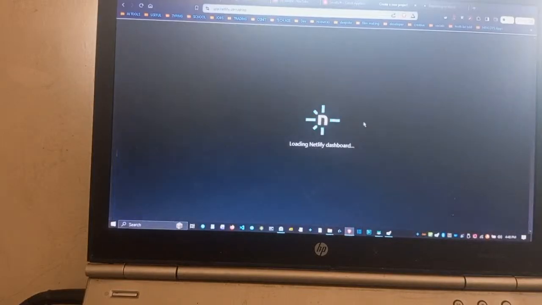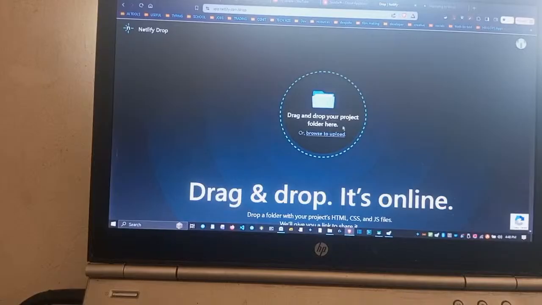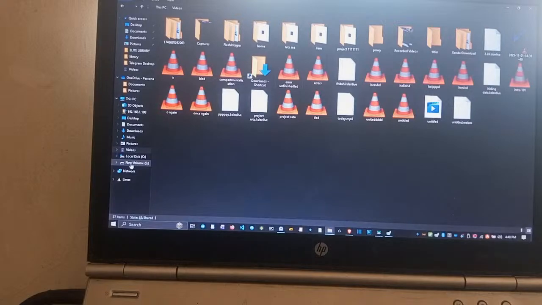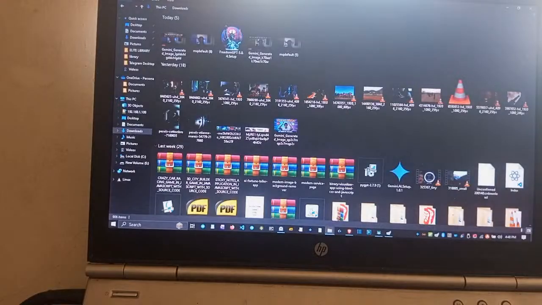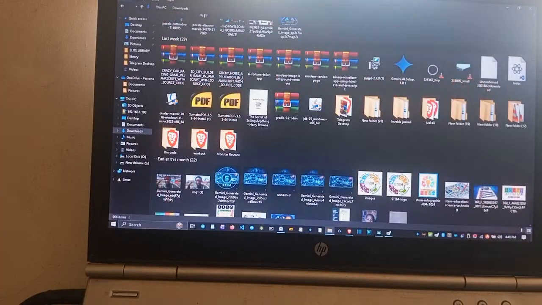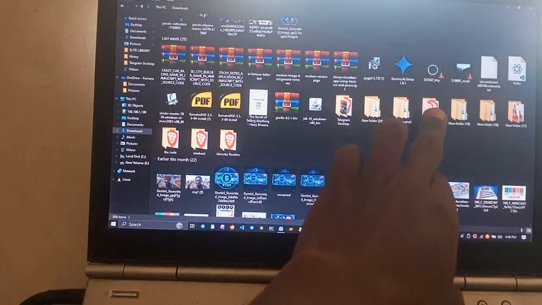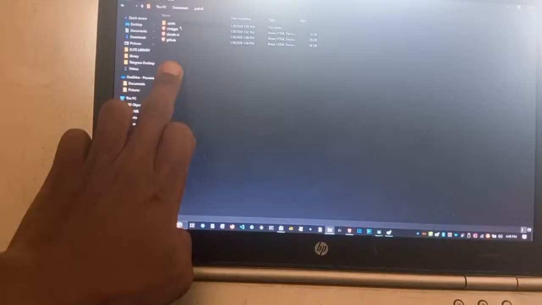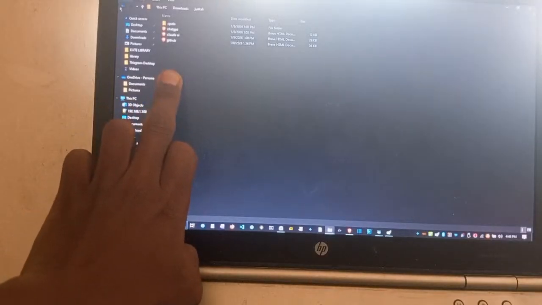This is much simpler because you are not required to do much. As you click on it, you are required to drag and drop a project folder in here. So I will teach you today how that folder should be, the format of that folder. So let's go to my files. Let's go to downloads. Okay, so let's say we have this Juakali platform. So what you have to do is create a folder. Then inside the folder,